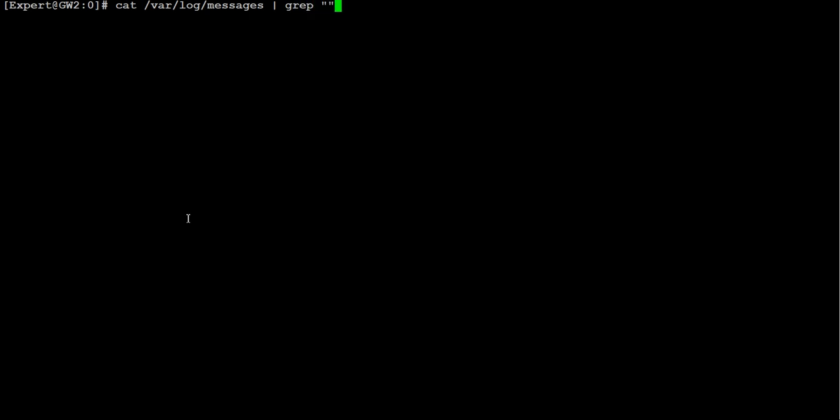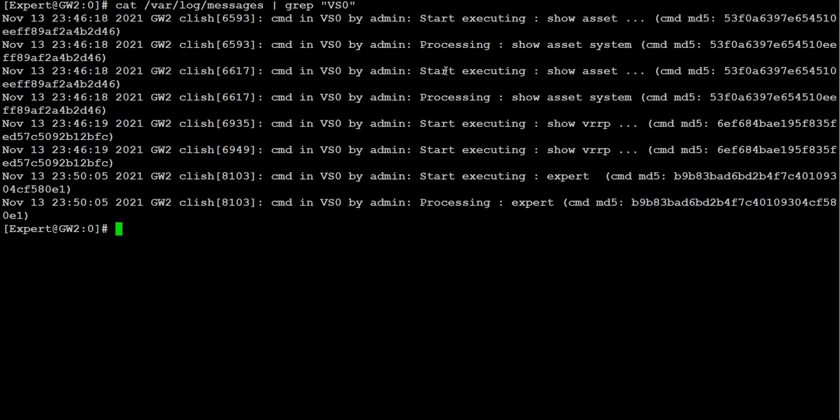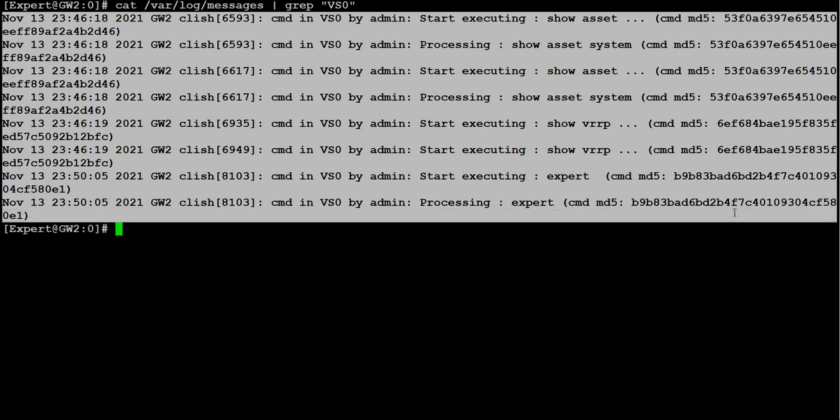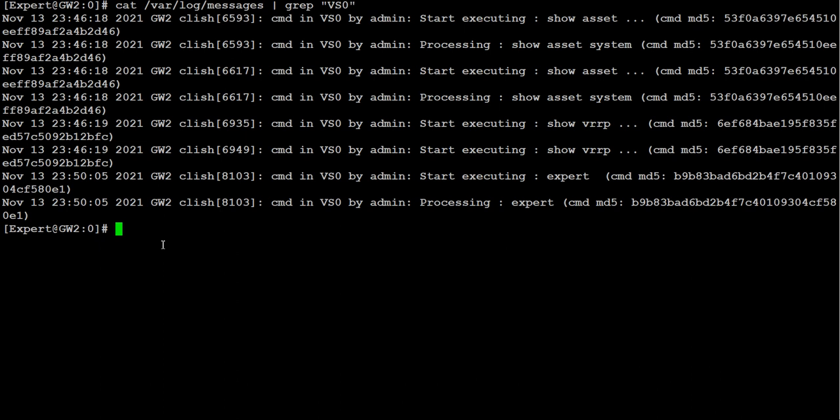and within the parentheses just give that entity or the string you want to grep. Okay, and then you just have to press enter. So on that messages file, wherever this vs0 is there, those lines you can see on your screen. I mean, if you want to filter that way, you can use the command. All right,